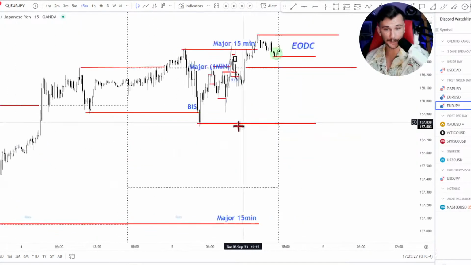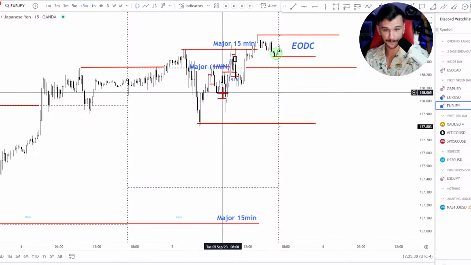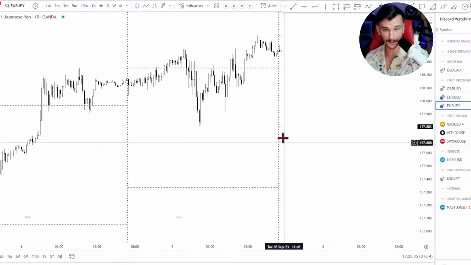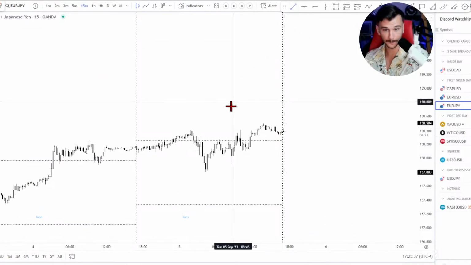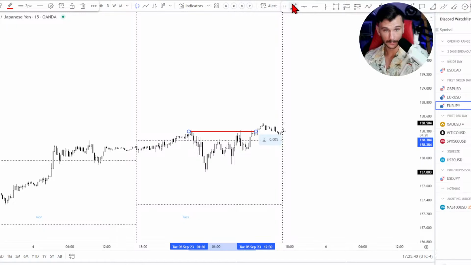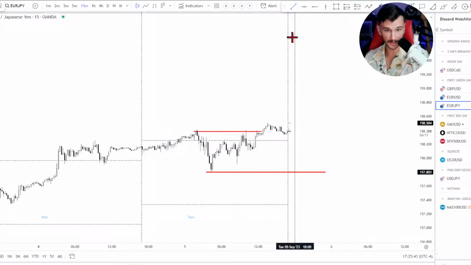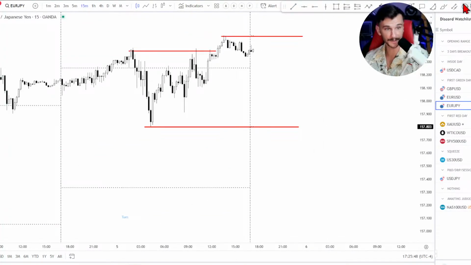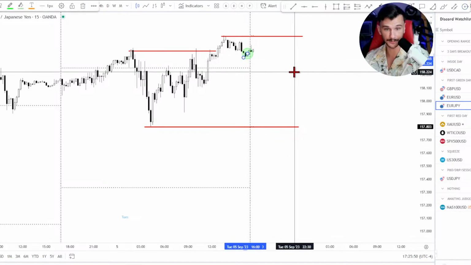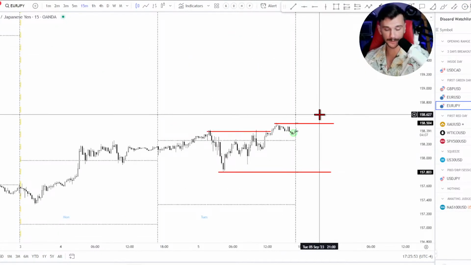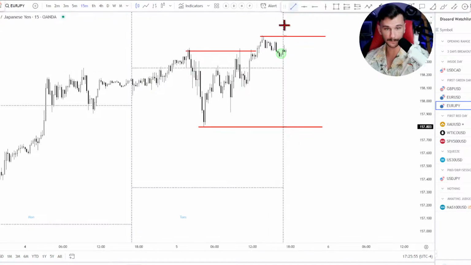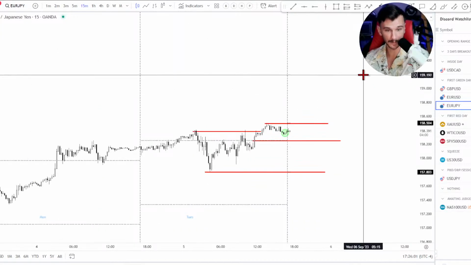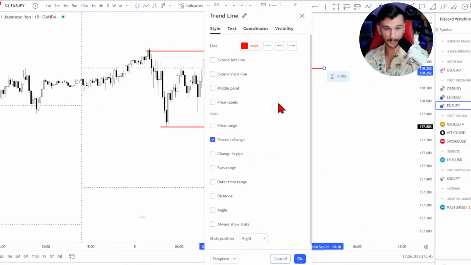So let me explain. I'm going to remove this. In fact, we need to do some work in here. Let's get rid of all of that. Do this. This is just going to help me identify my range a bit better, so that way I don't get analysis paralysis staring at 50,000 different lines up on my screen. My little green circle here, when I do that, that's just highlighting the close. We've closed out of balance, as Stacey would call it. We were outside of the range, right? And this is my breakout level.